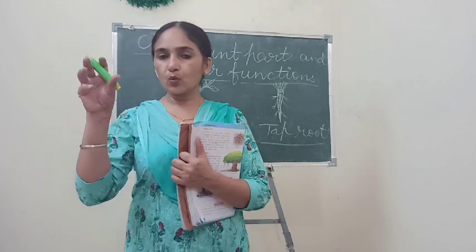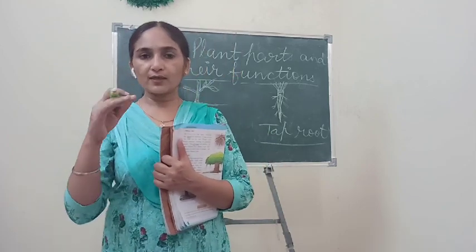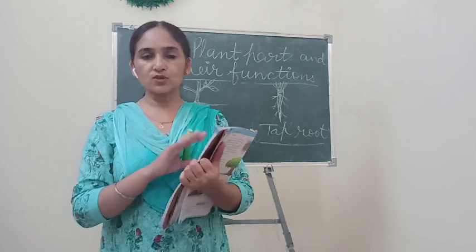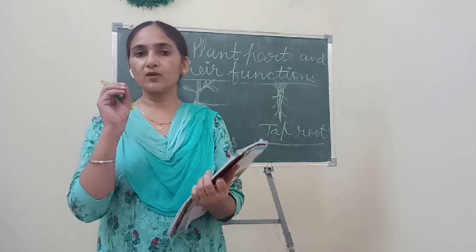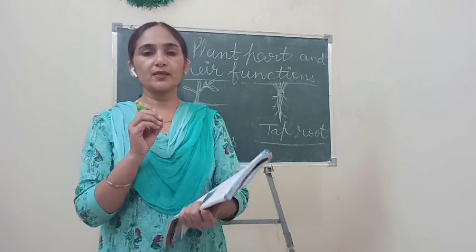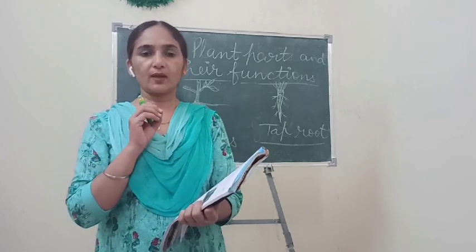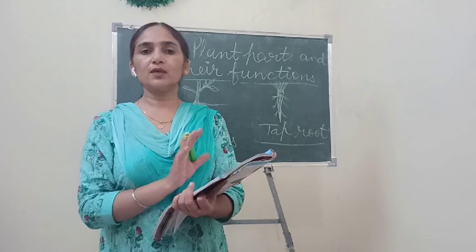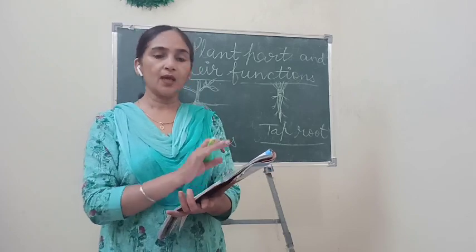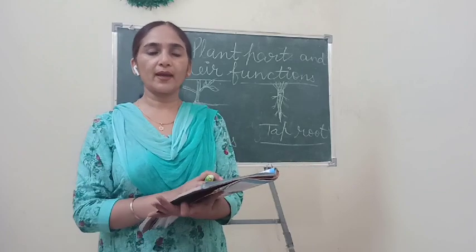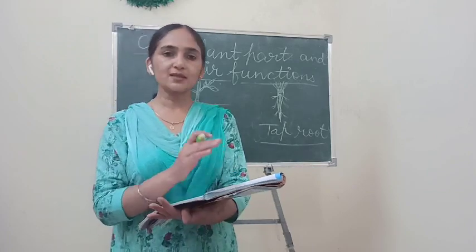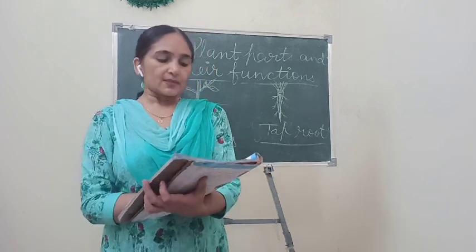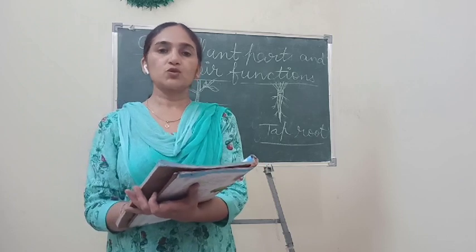In the same way, when roots absorb water, the water is also transported from the roots to other parts of the plant through the shoot system, because every part or every cell of any living organism requires water and food also. So both these materials are transported through the shoot system. That's why we can say all these functions are performed by the shoot system. So let's read about the stem. The first part of the shoot system is the stem. The stem is the main part of the shoot.